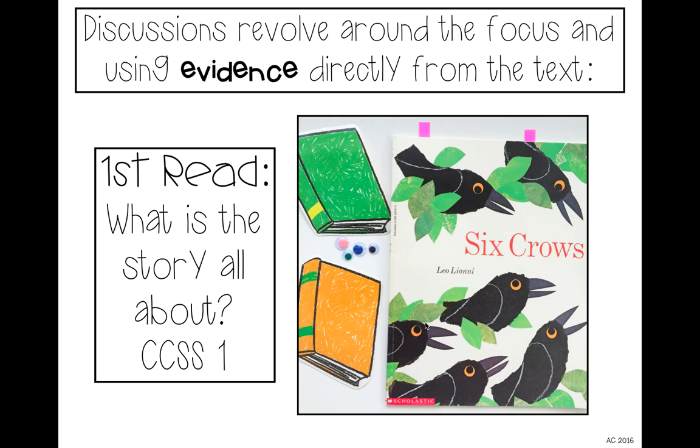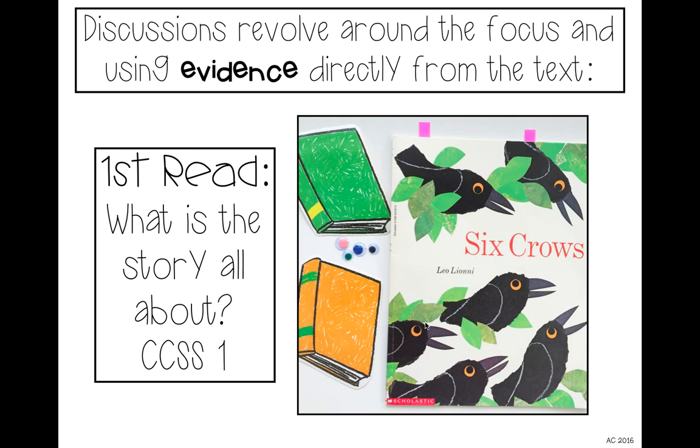So I wanted to provide 2 different examples. So I'm going to start with Six Crows. This is by Leo Leone, and this is actually a fable. So you can use informational text, literature, poems, any type of book really that you have in your classroom library. You just really want it to be something that has some good content and that'll give your kids the chance